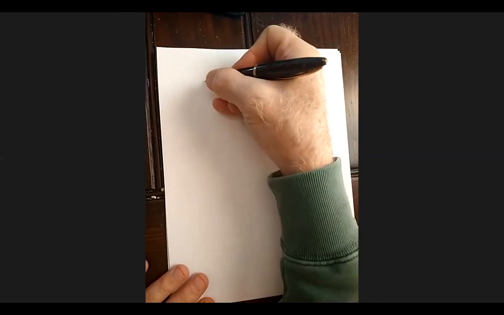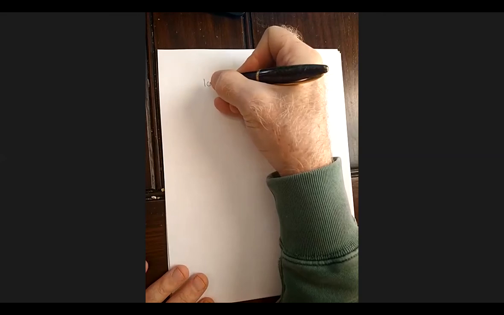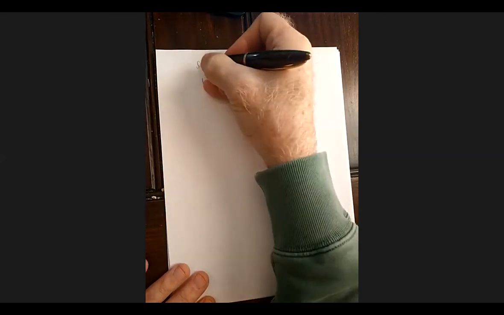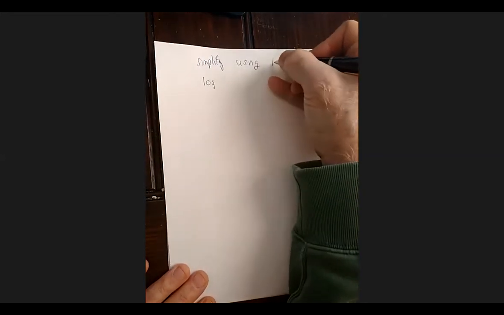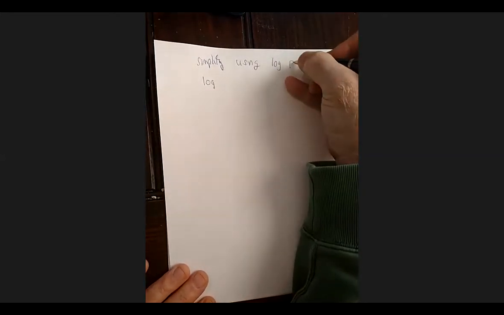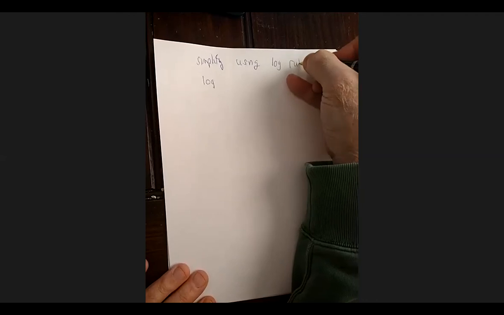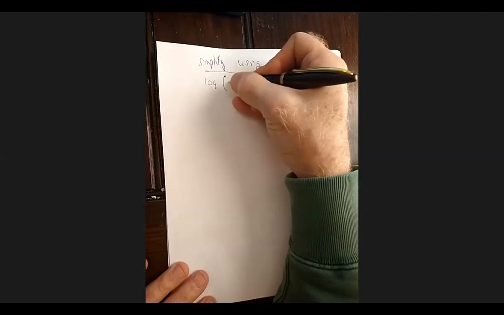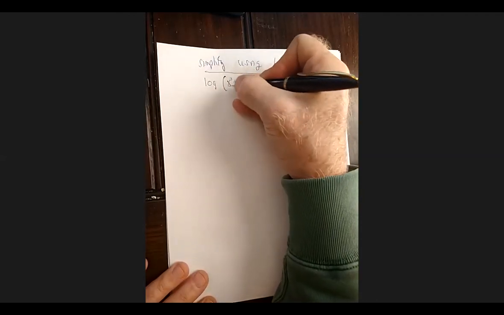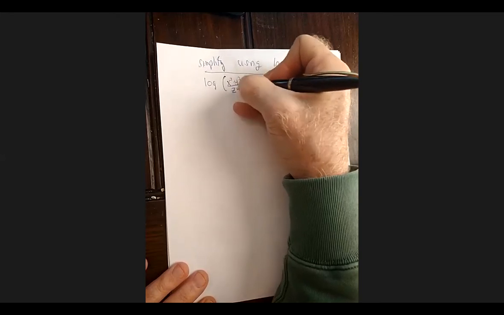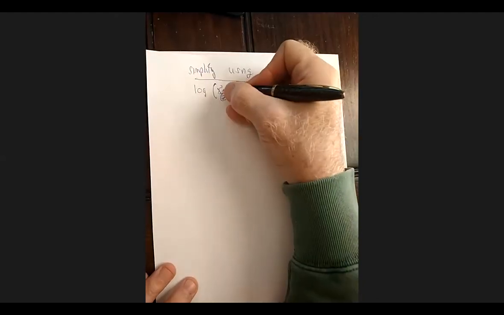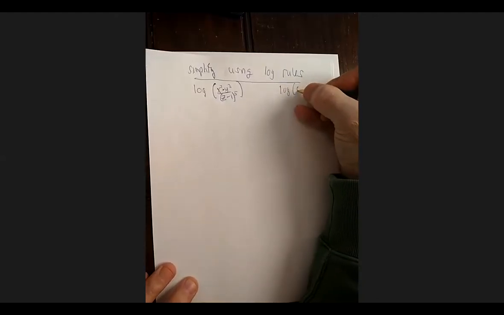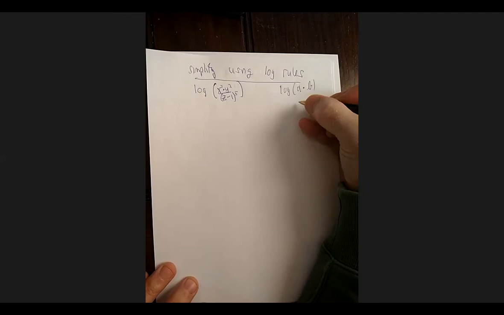so let's look at, here, let's do a simplify. And someone asked about finding the domain, so I can do that. So simplify using log rules. So we have x cubed times y squared over z minus 1 quantity to the 5th power. Okay. Now, remember this rule. If you have the log of A times B, that's equal to the log of A plus the log of B.